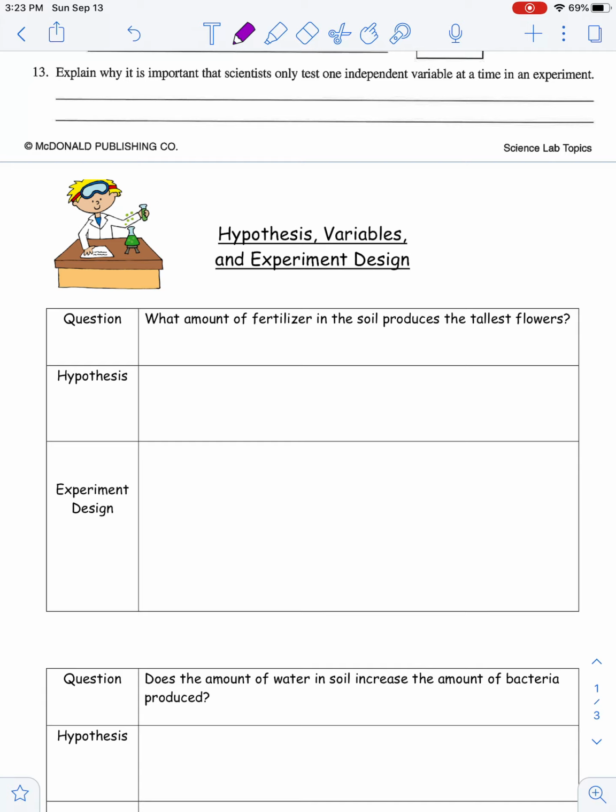So I'm thinking that more fertilizer is going to produce the tallest flowers, because fertilizer is going to add nutrients to the soil, and I know nutrients in the soil are going to add food for my plants, and so maybe that's going to produce taller flowers. Okay, so if